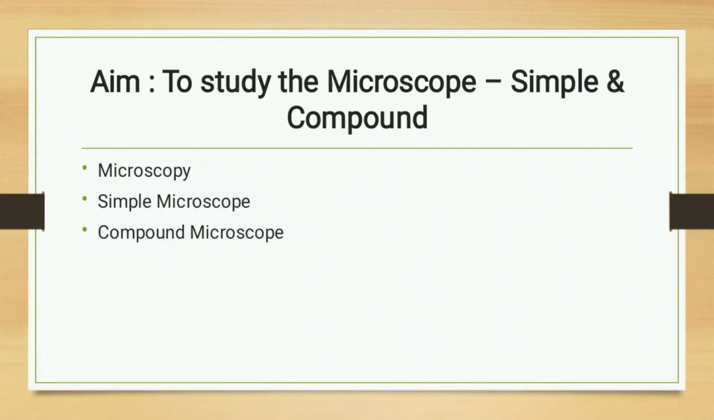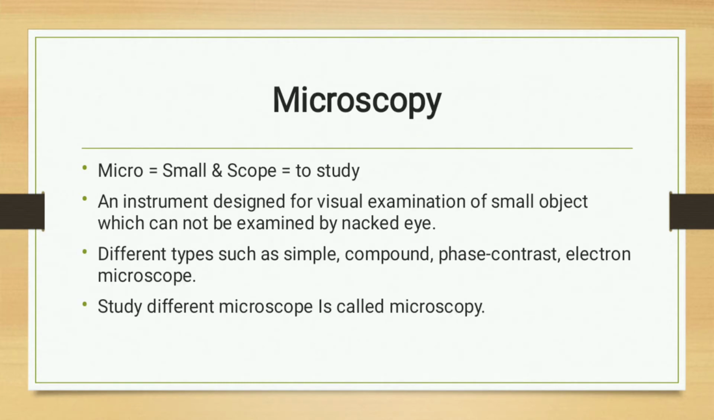Today we will study the microscope. This is a practical from cell biology. The aim of this practical is to study the microscope, that is, the simple and compound microscope. The agenda of this practical is microscopy, what is microscopy, then we will see the simple microscope and the compound microscope. Now let us first see